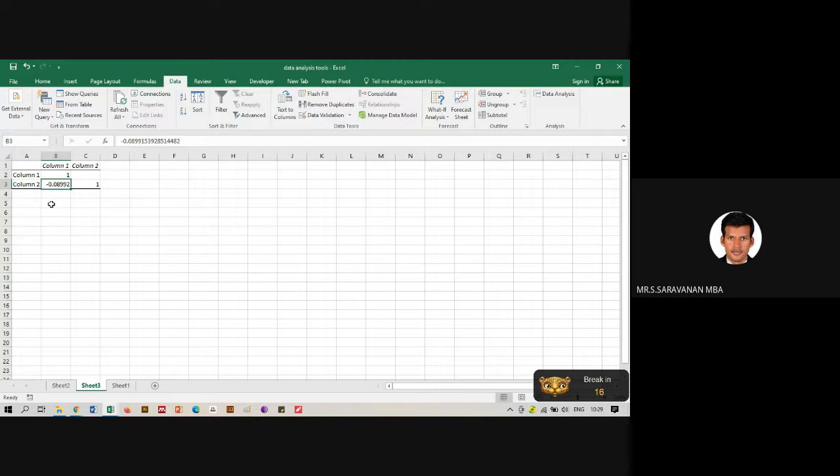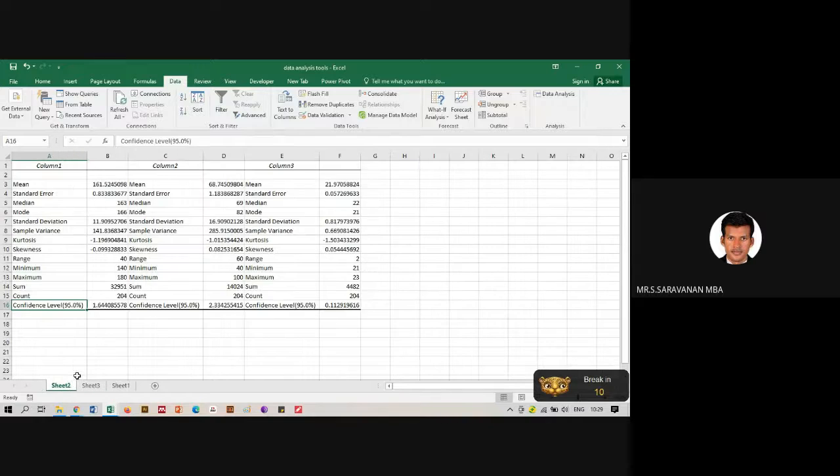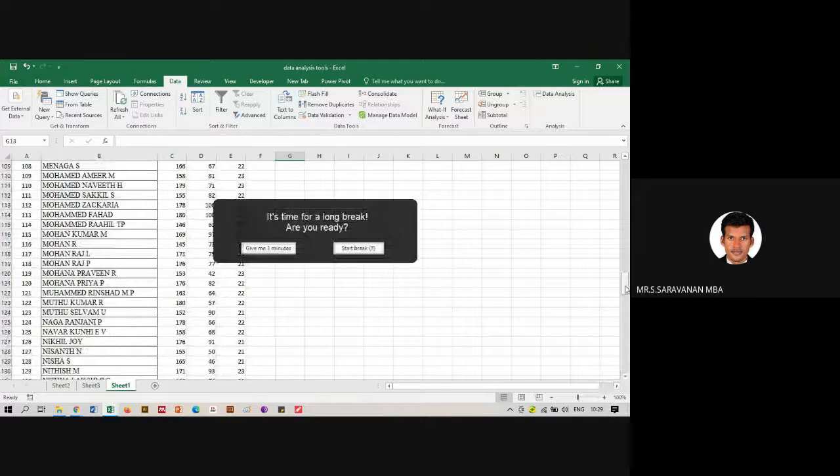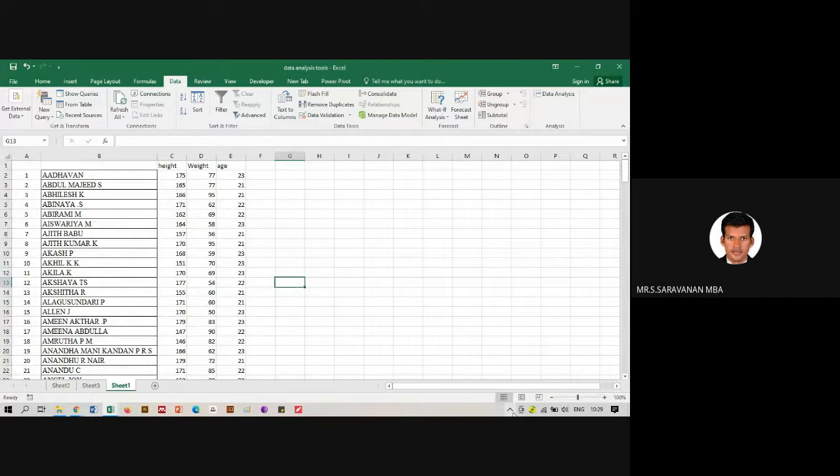Correlation for column 1 and column 2 is minus 0.8. See, this is a correlation value. So all the statistical analysis can be done in Excel using the data analysis tool.